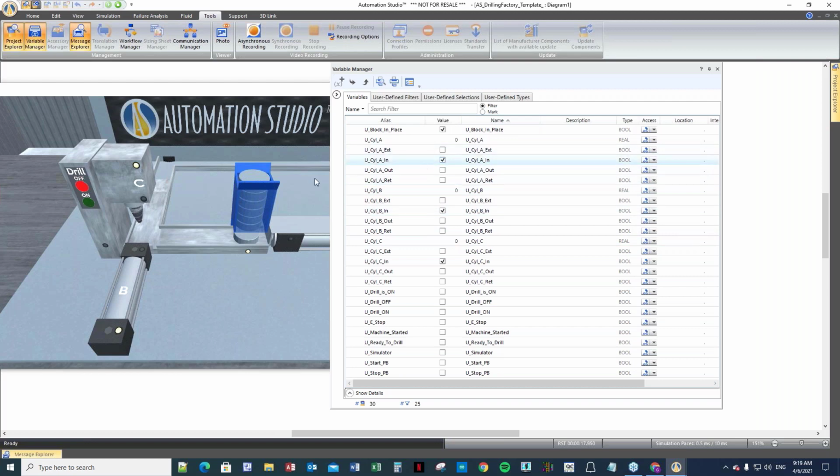So for example, here, if I want to extend the cylinder, I force the variable, so it will move the cylinder toward the front. Now I can turn it off, and then if I want to retract it, I can retract it. So you need programs that will manipulate and change these variables,